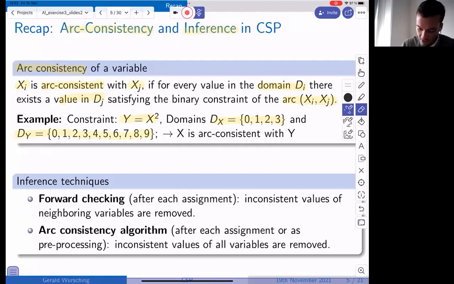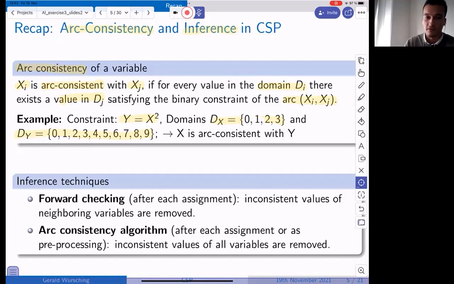If you take a look at the domains, we see that for every value that we have here, we have a corresponding value in dy that satisfies the constraint. For example, if you choose value 2 in x, then y has to be 4, which is in the domain of y. And this is valid for every value in the domain dx.